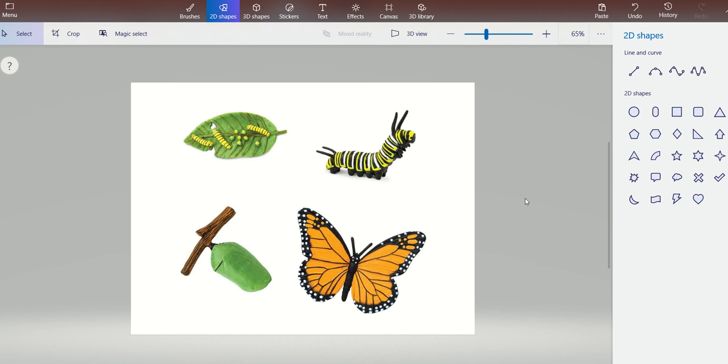This is a diagram I've drawn in front of you, and this is a cyclic representation altogether. For a cyclic representation we denote it with the help of arrows, which obviously we are going to do. But before that, I'm going to convert my picture. This is a 2D picture. I've pasted this 2D picture on this Windows Paint 3D tool, and now I'm going to convert this picture into 3D.